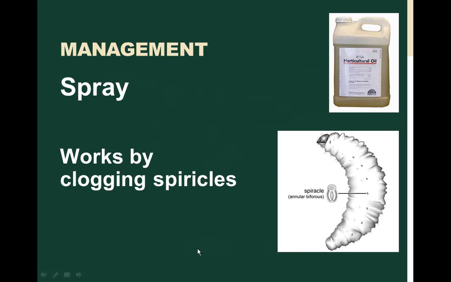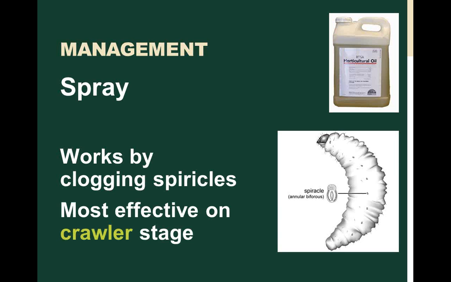It doesn't paralyze the nerves. It doesn't paralyze their muscles. Basically what it does, it blocks the spiracles or their breathing tubes. And even low rates, even a half a gallon per 100 gallons of water will cause this insect to basically stop breathing. And what you want to do is you want to attack the crawlers, and that's the stage where